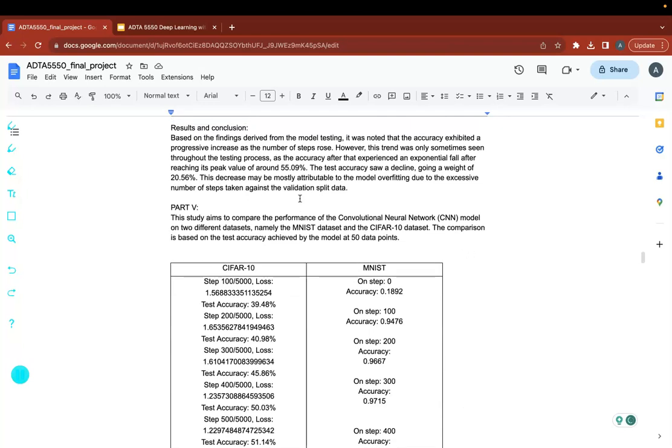Based on the findings derived from the model testing, it was noted that the accuracy exhibited a progressive increase as the number of steps rose. However, this trend was only sometimes seen throughout the testing process, as the accuracy after that experienced an exponential fall after reaching its peak value of around 55%. The test accuracy has a decline, going down to 20%. The decrease may be mostly attributable to the model overfitting due to the excessive number of steps taken against the